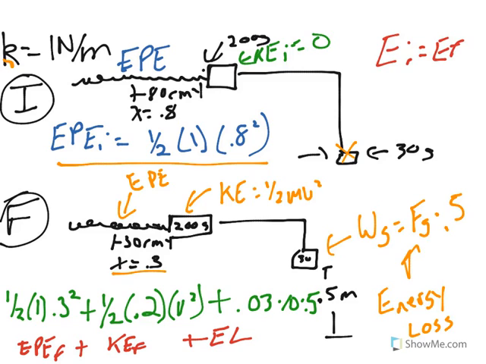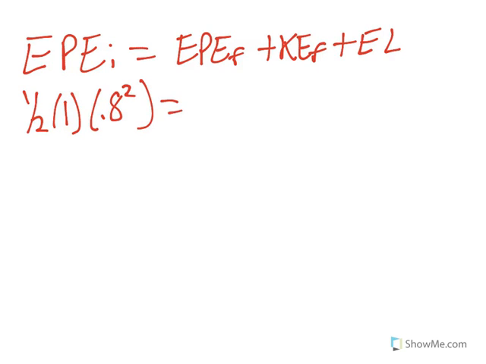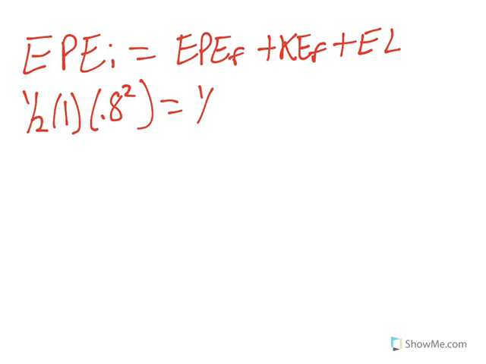So I'm going to skip over to this next page and we're just going to copy these things down. I know that energy initial is equal to 1/2 times 1 times 0.8 squared. Let me just write out what the full equation is first. We have elastic potential energy initial equals elastic potential energy final plus kinetic energy final plus energy loss. Okay, we know this is 1/2 times 1 times 0.8 squared, and that should equal 1/2 times 1 times 0.3 squared,